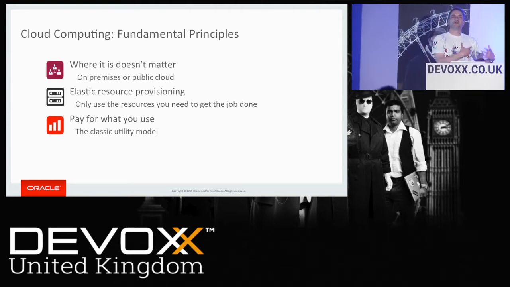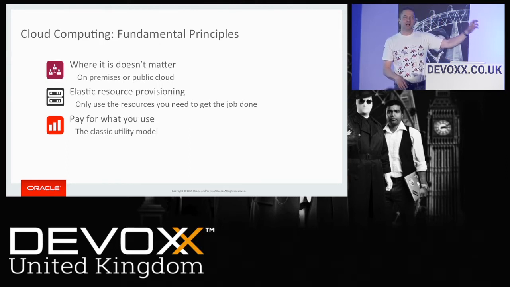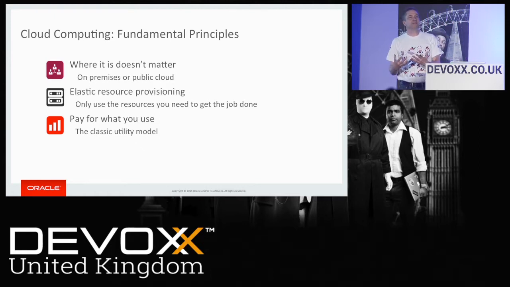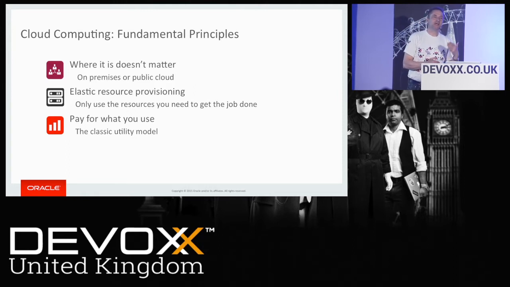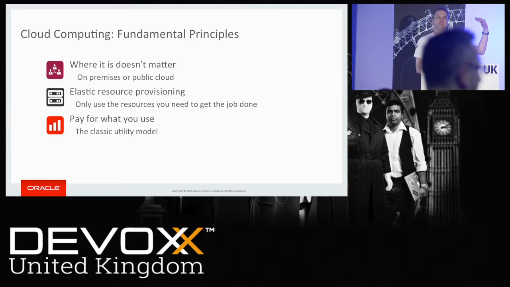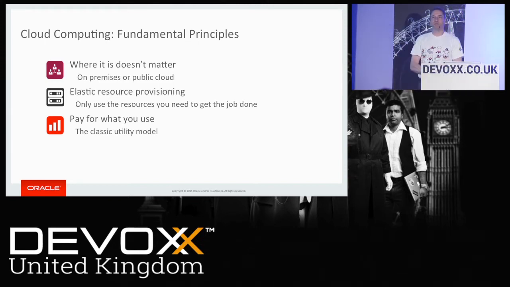As electricity took off and became more popular, we moved to this idea of the utility model. So we shifted where the electricity was being generated so we could do it centrally, and then we could take advantage of the economies of scale by not having to build generators and install them in individual buildings. We could move it outside the city, have one big place providing the electricity to all the houses in a town. And the advantage of that, aside from the economies of scale, is that you can then standardize things. So again, a nice analogy is that we can standardize electricity, certainly in this country, on 240 volts, 50 hertz, nice big chunky rectangular pin plugs.